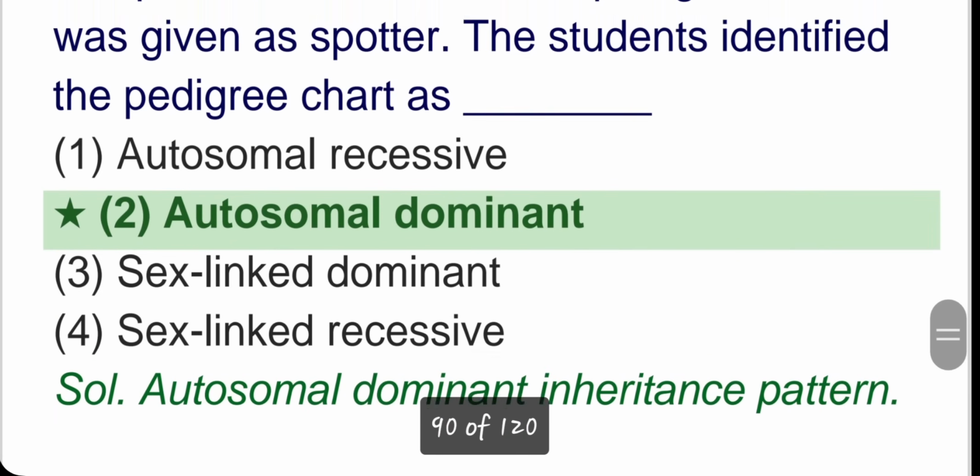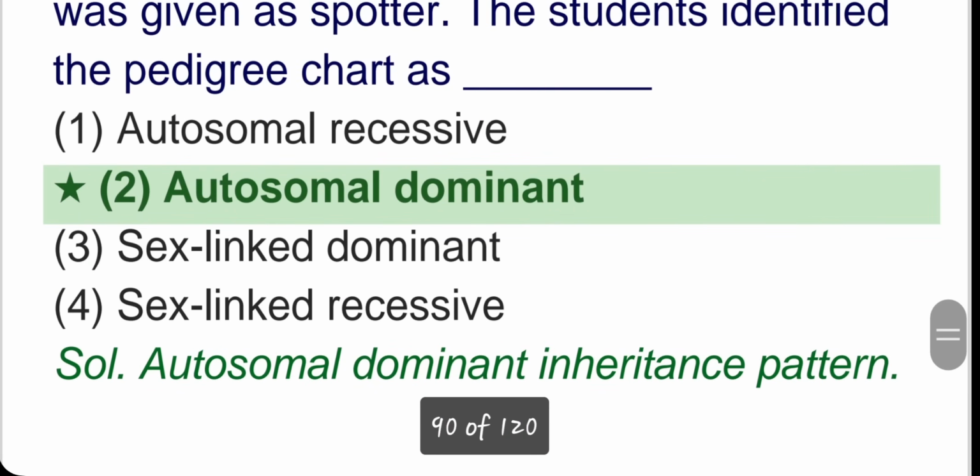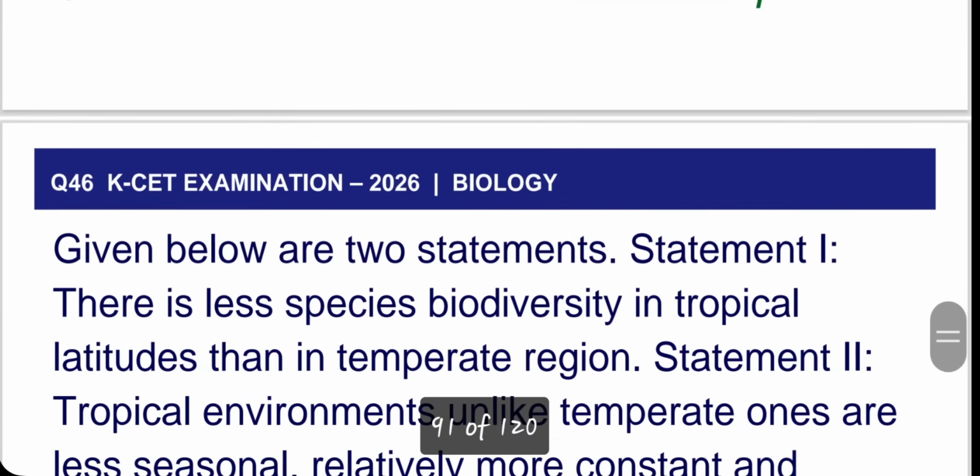So it is autosomal dominant, and it is seen in both male and female. It is not allosomal or sex linked. It is autosomal dominant, since it is seen in both the genders in equal ratio, and not like only females more, or a carrier condition. So we can easily say this as autosomal dominant.